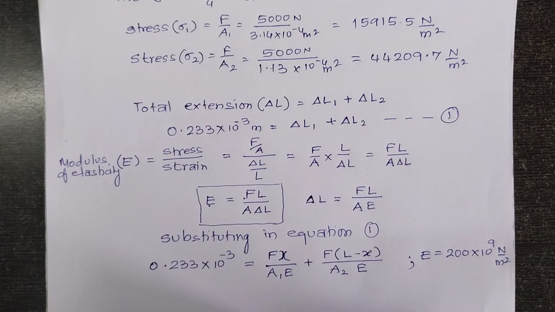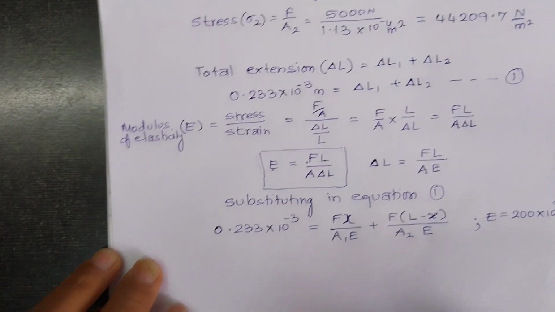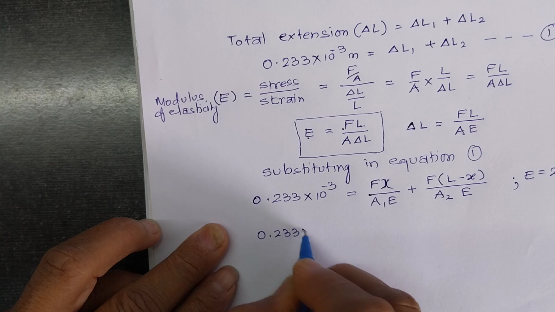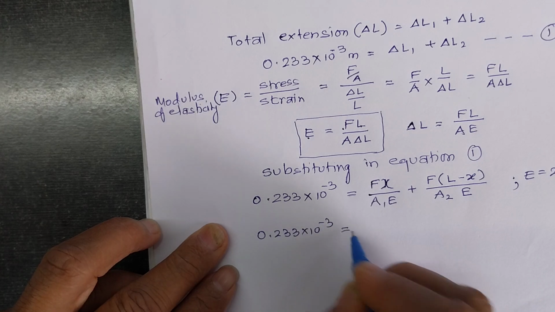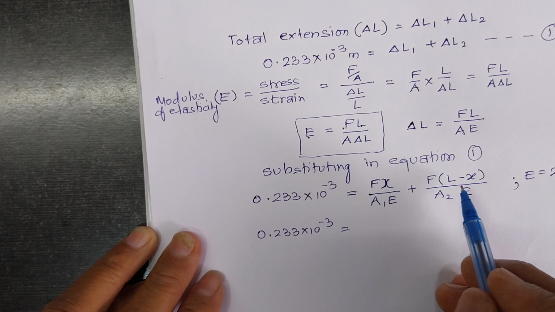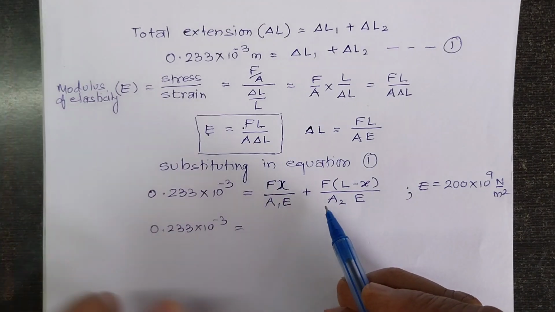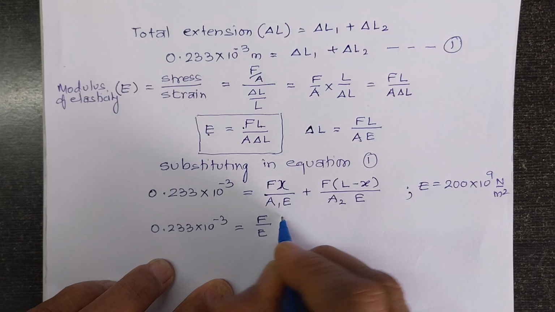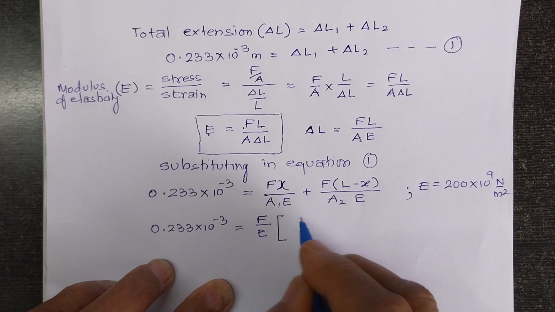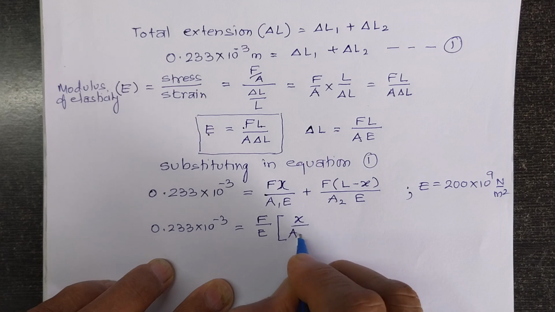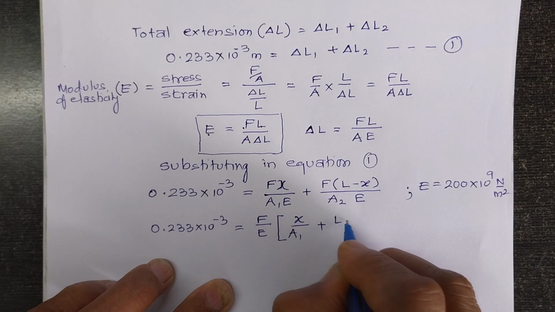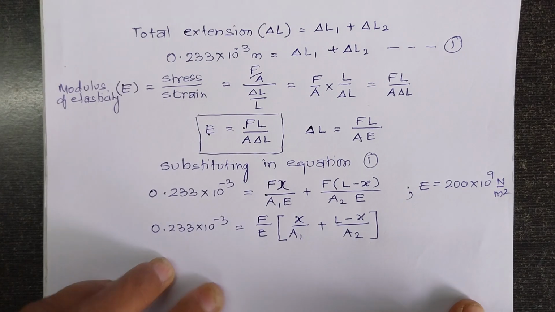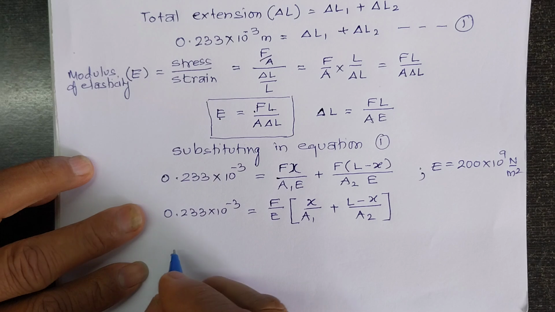So it is 200 gigapascal. Coming back, we note that 0.233 into 10 raised to minus 3 is equal to, now since the force and the modulus of elasticity are common, we remove them outside the bracket. So we'll have force divided by modulus of elasticity, and into the bracket we'll have X upon A1 plus L minus X upon A2. Now when you substitute values, you will have